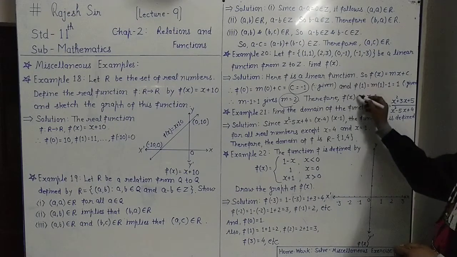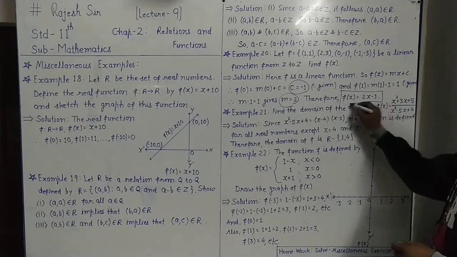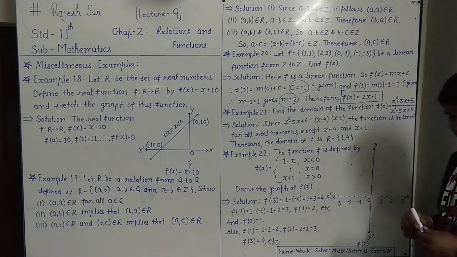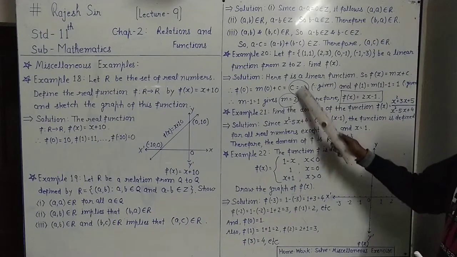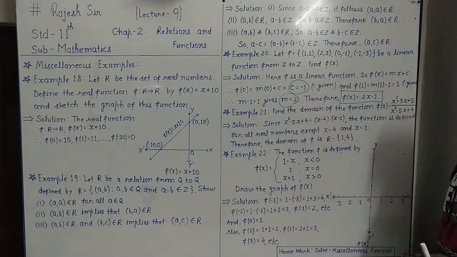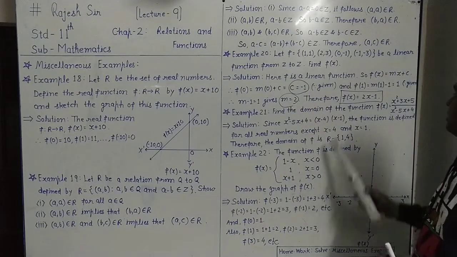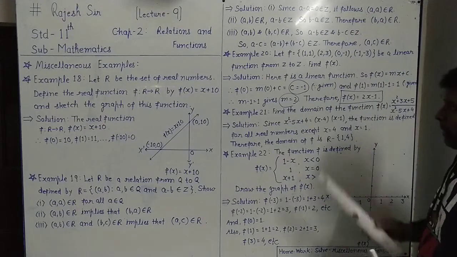So this is the function that was asked. To find fx, so fx is 2x minus 1, the linear function we get. By solving this given and getting the m and c values, placing in the format of the linear function. So fx is equal to 2x minus 1. Next, example